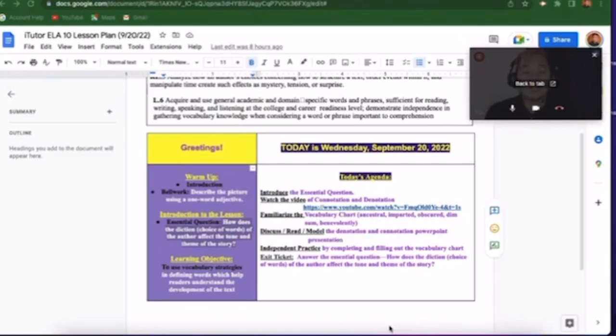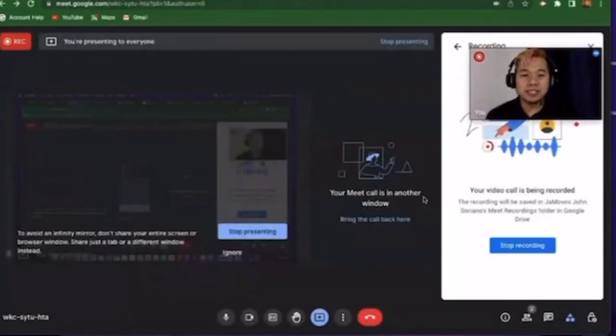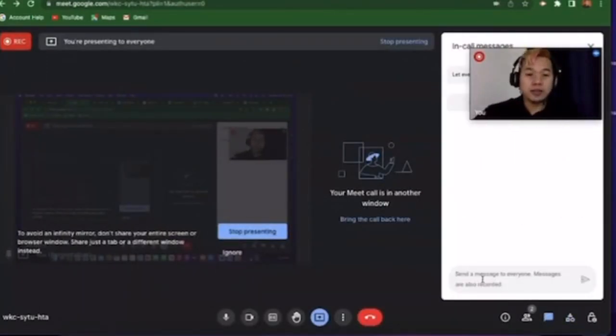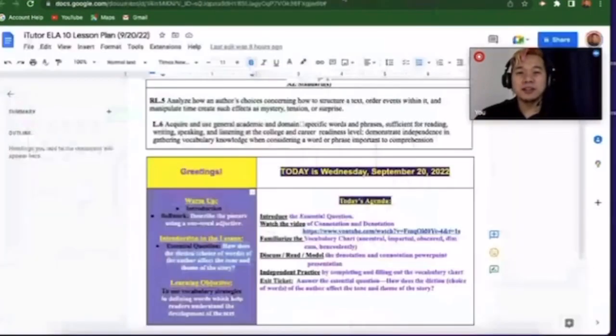Now, I know some of you are kind of hesitant or shy to express your feelings or say something. So, what I want you to do right now is just simply say hi. I'll say hi, and then let's see. All right, I see Chelsea saying hello. And if not, then at least raise your hand, use this icon in our Google Meet, or at least give me a thumbs up sign for today.